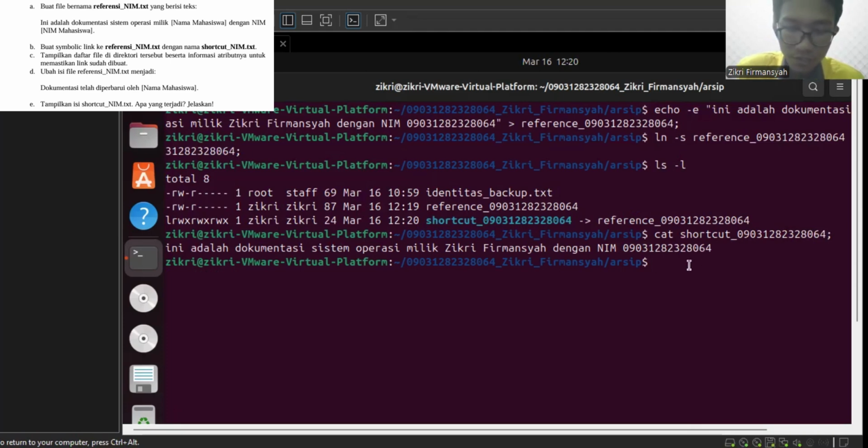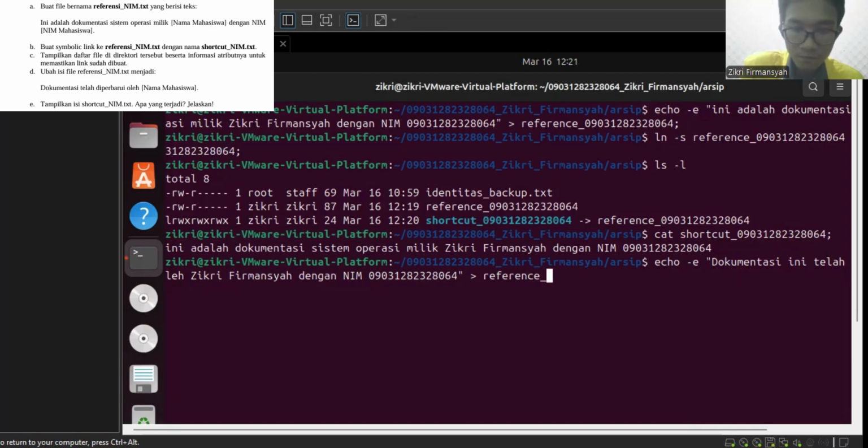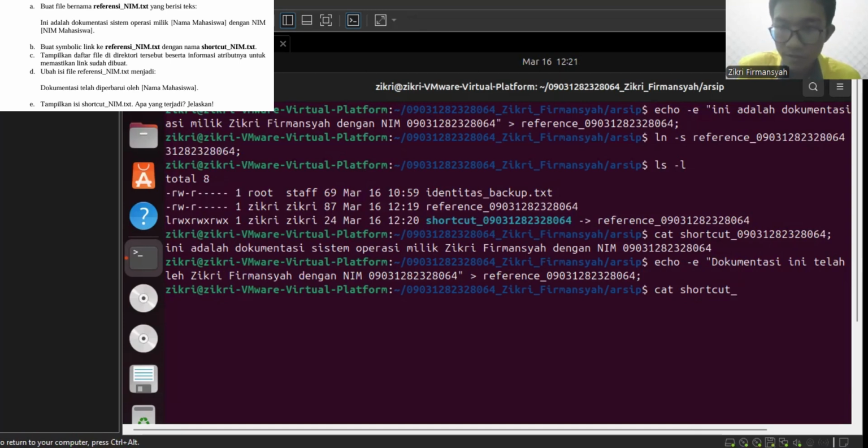And then if we change the reference, now if we see the value of shortcut, it should change, seems like the original file.